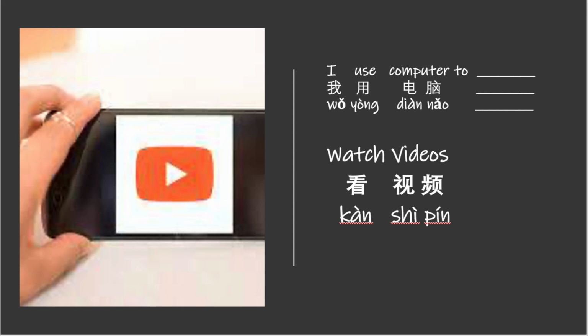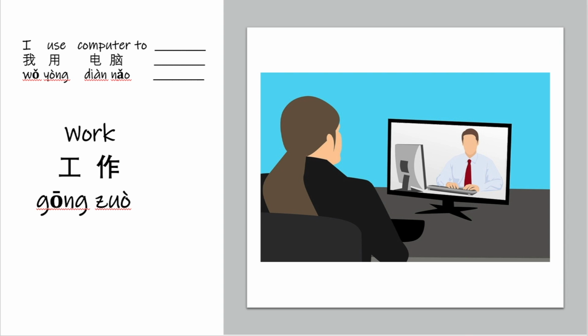Again, in Chinese, we don't have the difference between watch or look. So to watch or to look is basically the same word, which is 看. Let's try one more time. Watch videos. 看视频. To say, I use computers to watch videos, you can simply say, 我用电脑看视频。Nowadays, we can't work